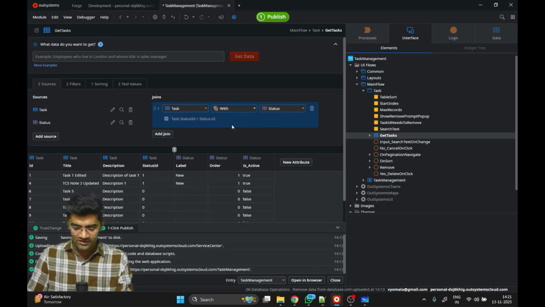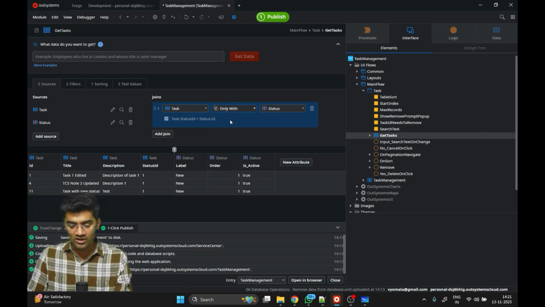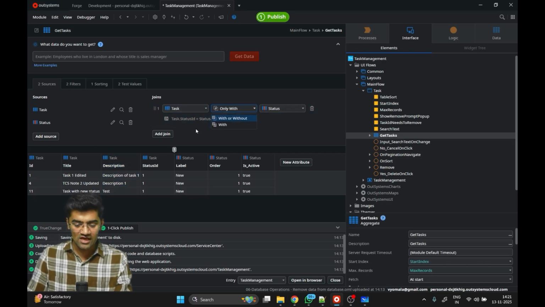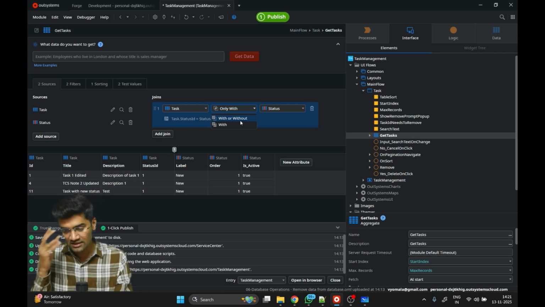If we use with, it is applying a full outer join. If we use only with, it is applying an inner join. It will only give data where the data is present in both the tables. So for this scenario, we should apply only with, but as we later introduced the status ID in the task table, and we don't have data available at this moment, for now we can go